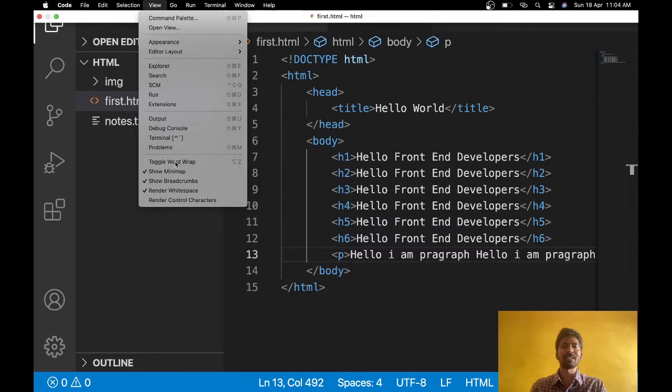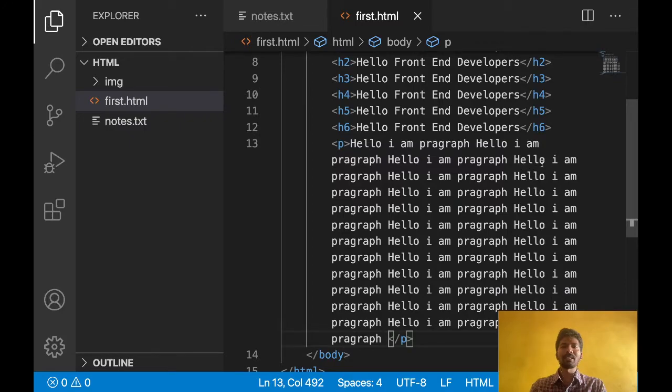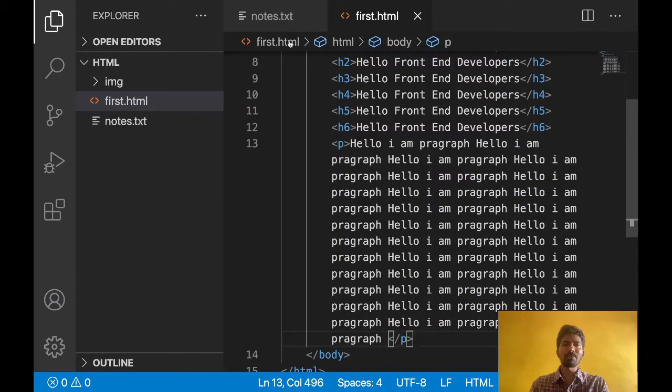This is just for the editor. See here, all paragraph content is coming down without scrolling horizontally. I made it just for your understanding. The paragraph is coming like this. So if you want to write multiple lines, you can use the paragraph. Okay, that is about paragraph.